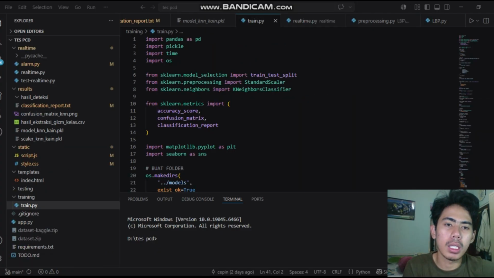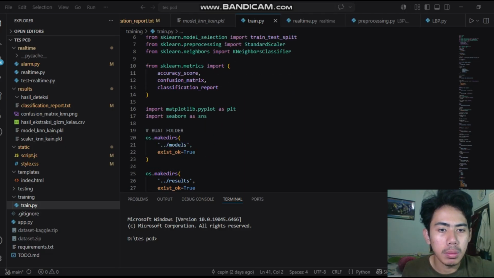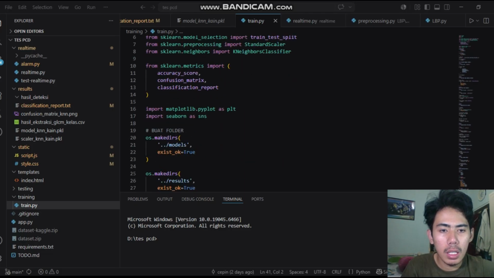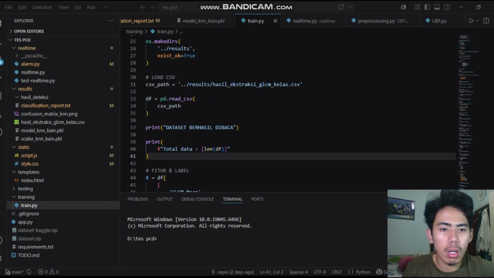Next, I will explain the classification process using the KNN method. In this system, the KNN algorithm is used to classify fabric condition based on texture features extracted using the GLCM and LBP methods. KNN works by finding the nearest neighbors of new data based on the distance between features, then selecting the class with the highest number of neighbors as the prediction result.